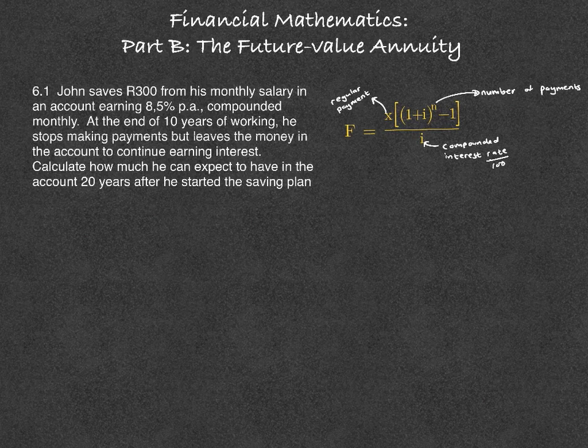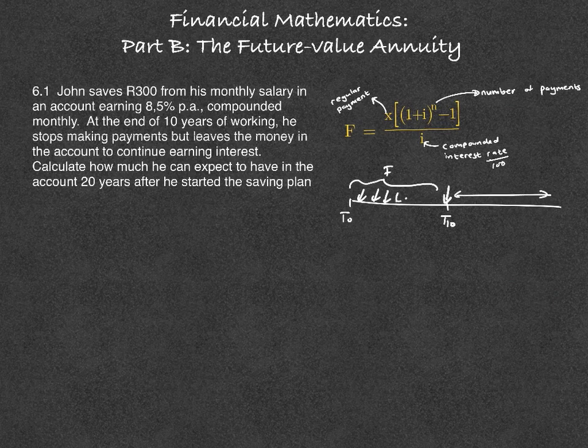So John saves 300 rand from his monthly salary in an account earning 8.5% per annum, interest compounded monthly. At the end of 10 years of working, he stops making these payments but leaves the money in the account to continue earning interest. So represent this on the timeline. So T0 is now. For 10 years, he's going to keep on making regular payments. So this part is going to be the future value annuity, okay? So then there's this amount of money that's going to be accumulated, calculated after that last payment, and that amount of money will